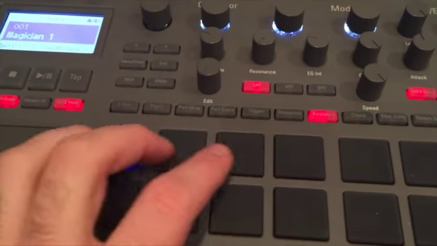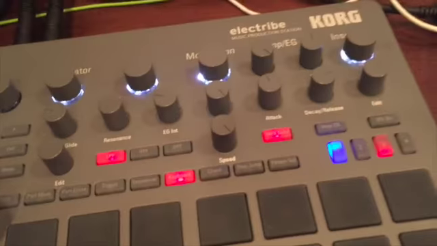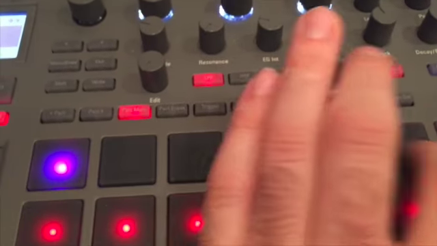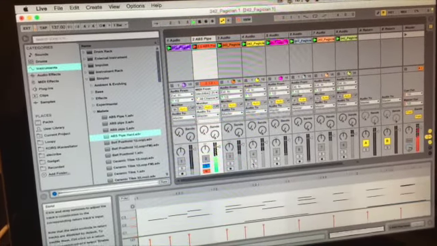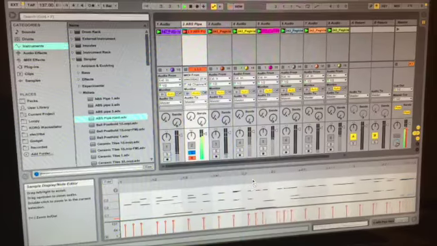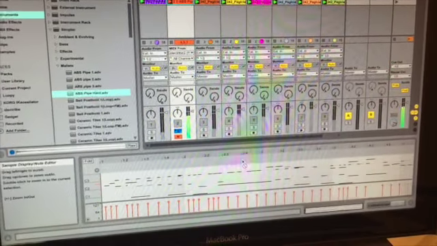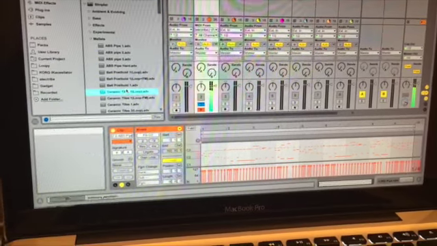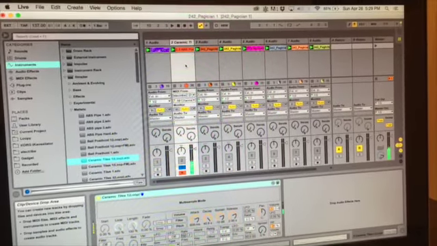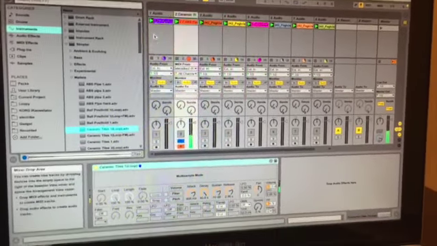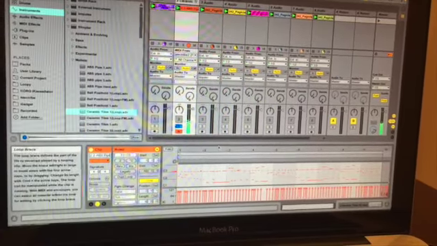Now, I go back to my Electribe, I can use the keyboard mode to play the different parts, touchpad as well. Or what I can do is I can take that part that I really liked and just press play. Record the MIDI of that part I really like. And then I can change it to whatever I like. Maybe I'll use this instead. Or, if I get a certain part off,